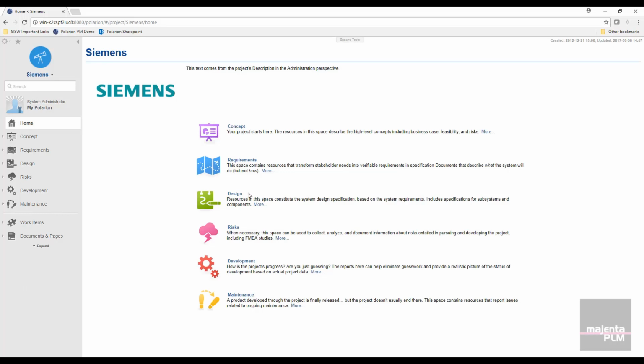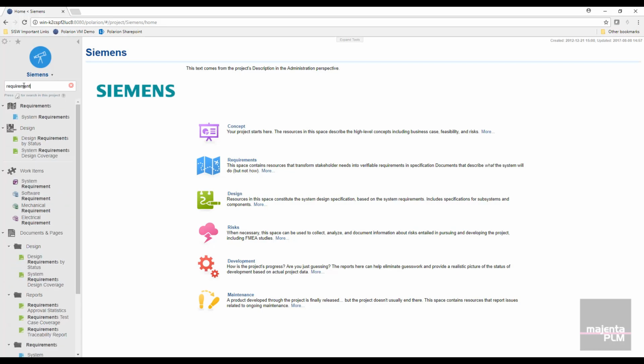Within the Polarion workspace, we can see that on our left-hand side, we do have this navigational area, and on the right-hand side is our workspace. We can see the navigation of our project that we are currently in, and we can view other projects that we are looking at by clicking onto our area here, and we can open up different projects. We can also search within our project. We have the search bar available to us here. We can simply type in